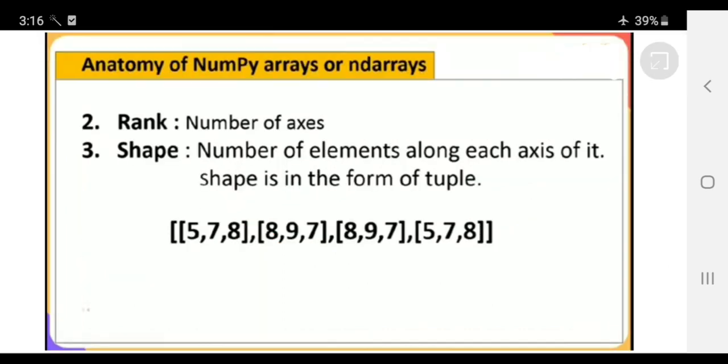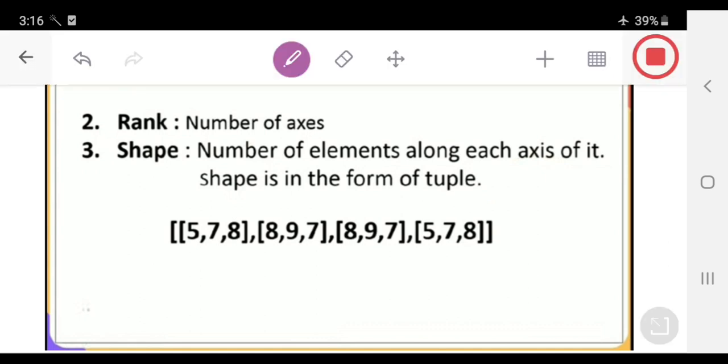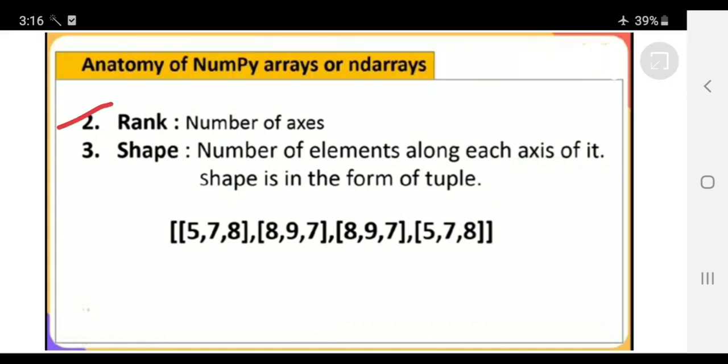Next one is rank. Rank means the number of axes. How many axes are there? That is the rank. So what is an axis? Axis is the number of dimensions. Axis 0 means one dimension. Axis 1 means two dimensions.